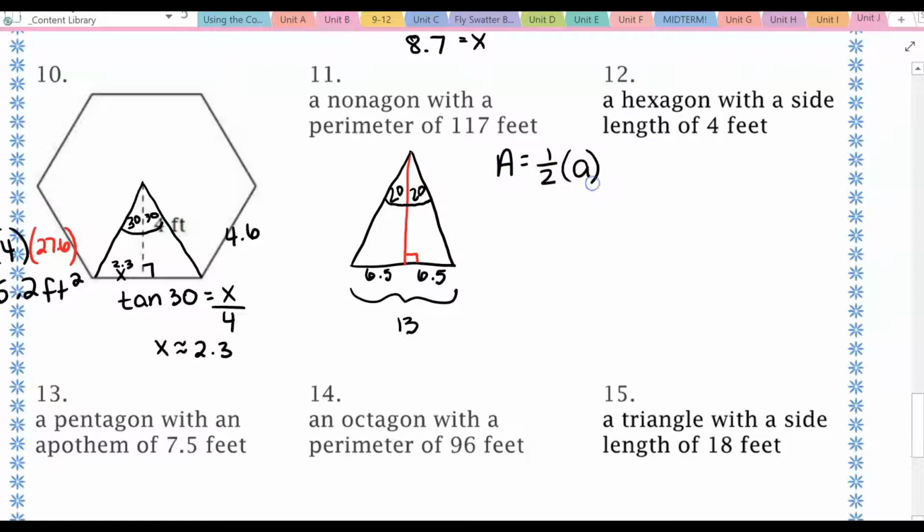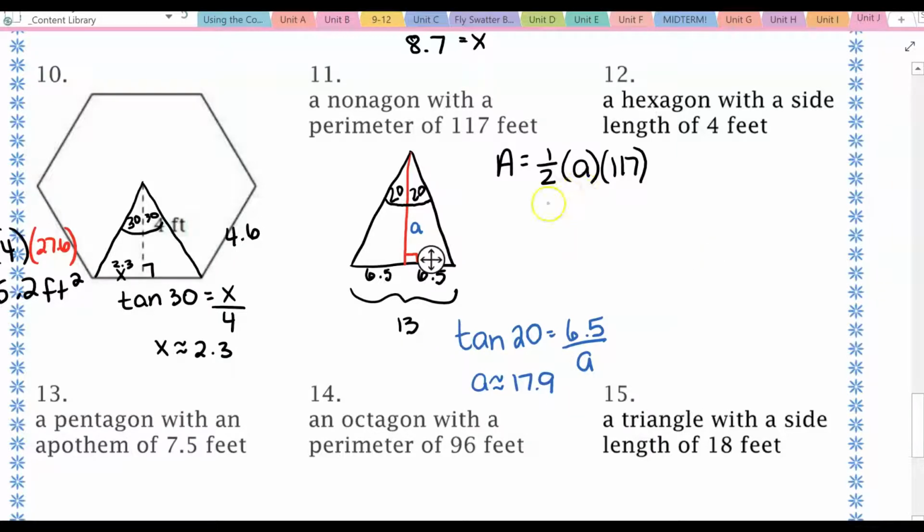1/2 times the apothem, which we still need, times our perimeter, which we were told was 117. And now we do some trigonometry to find that apothem. From the 20 degrees point of view, I know the side opposite. We want the side adjacent, so tangent of 20 equals the opposite 6.5 over the adjacent apothem. When we do our cross multiplication, we wind up with 6.5 divided by tangent of 20. You can pause the video and do your cross multiplication, make sure you're getting that too. But that tells me that the apothem is approximately